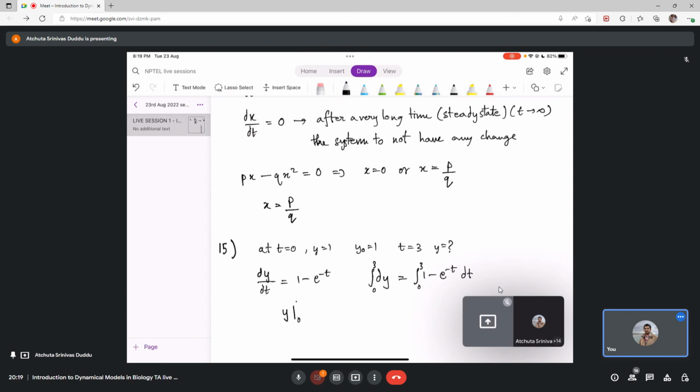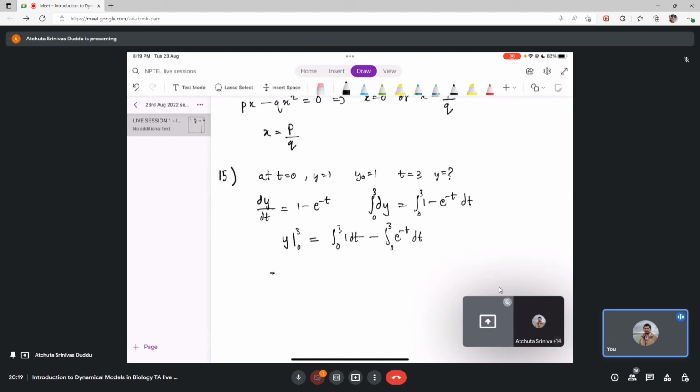Integral 0 to 3, integral dy is y, as we have seen before, and integral 0 to 3 1 dt, minus integral e power minus t dt, again 0 to 3, right? Which implies we would have